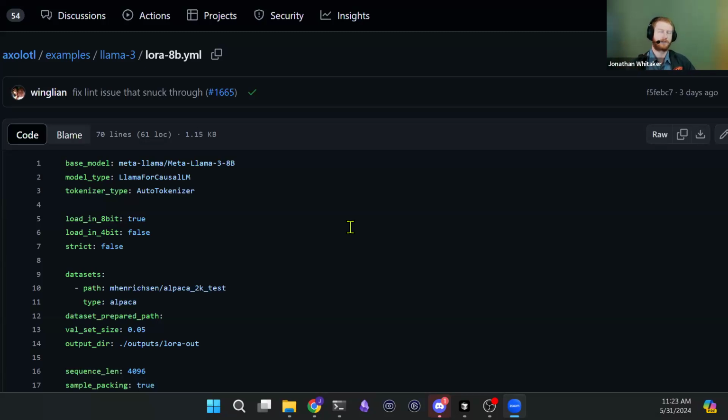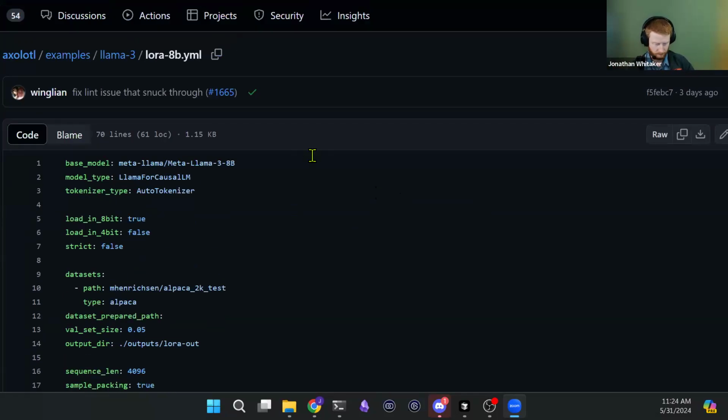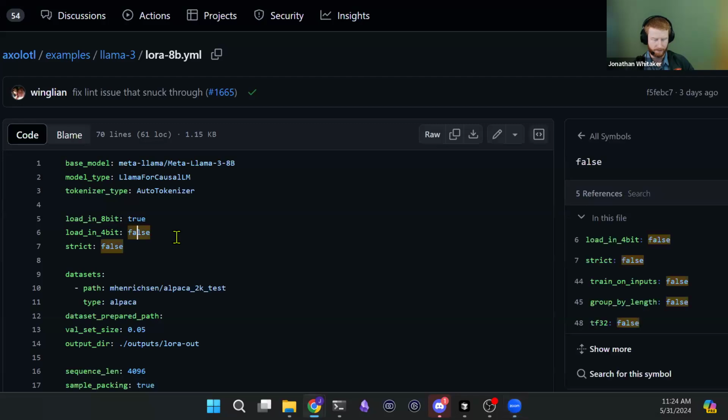I know the Unsloth guys, Daniel has been working on a memory efficient cross entropy. Okay, he's working on everything, that guy. It's pretty amazing. Okay, so this is the axolotl config. I've never seen this before. One obvious trick would be to go straight from LoRA to QLoRA, so load in 4-bit rather than 8-bit.